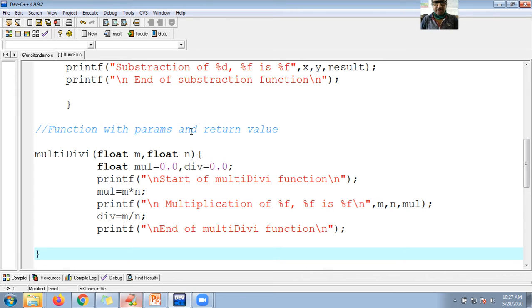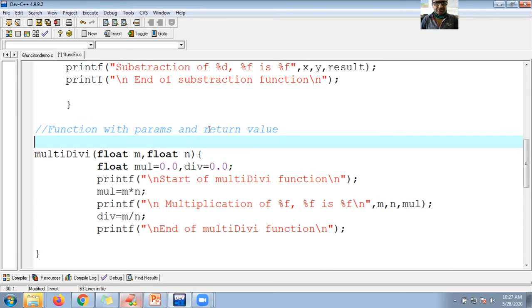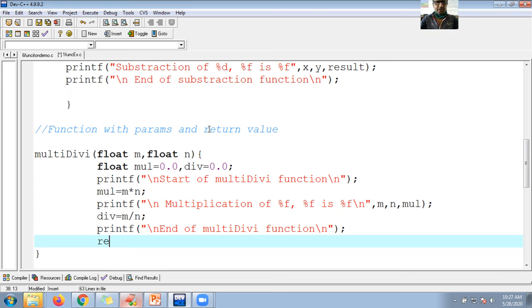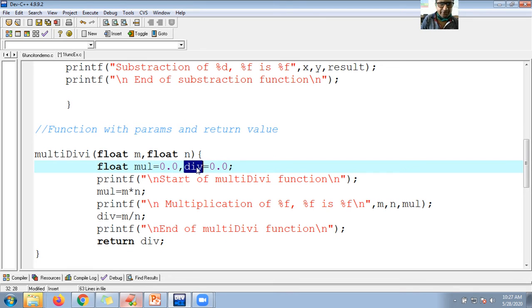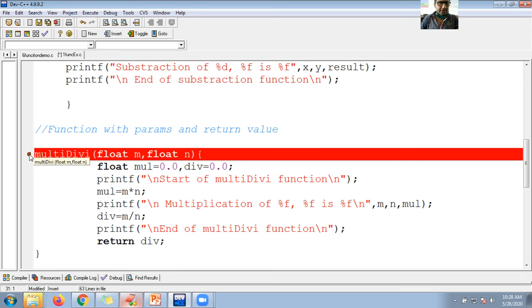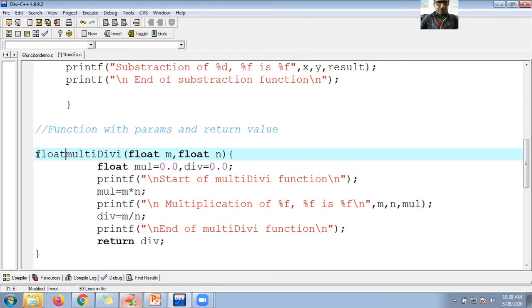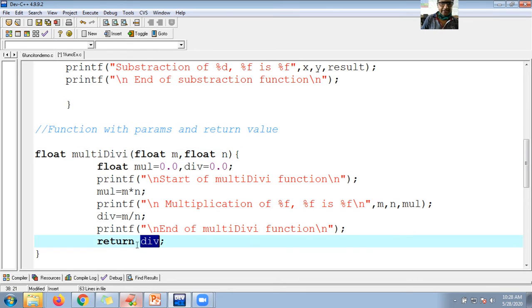Now my intention is that the function returns the value. So here return, what should I return, guys? Div. What is the type of div? Float. So here I need to write float.